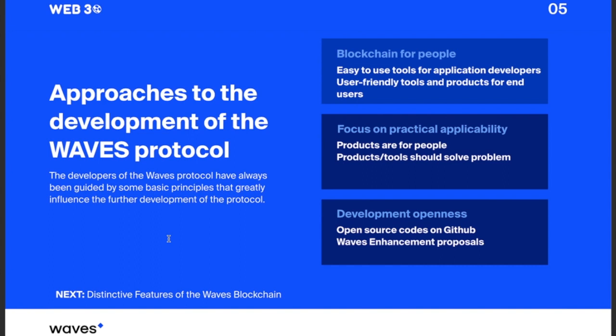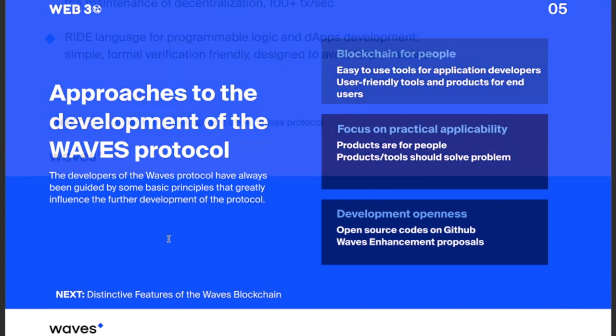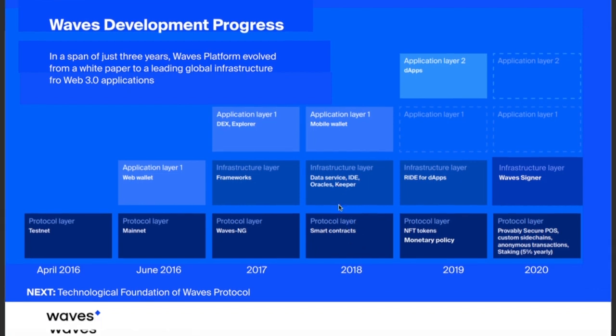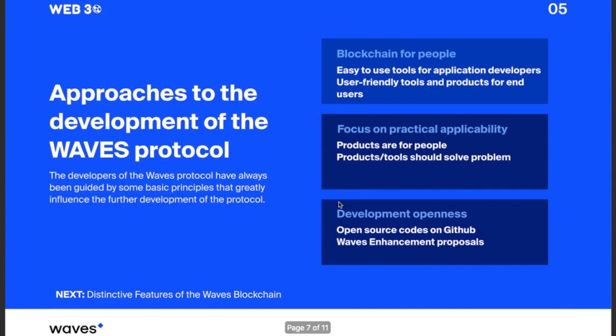Also, there is a strong focus on practical applicability. There's no point using tools and solutions that are not needed. Products are for the people. We should only build what people want. Every single tool, the Waves Keeper. Okay, look at the case of the Waves Keeper and the Waves Signer. Like you saw on the roadmap, okay, let's go back a bit and see. You can see here that in 2018 the Waves Keeper was built, and in 2020 there is a big issue